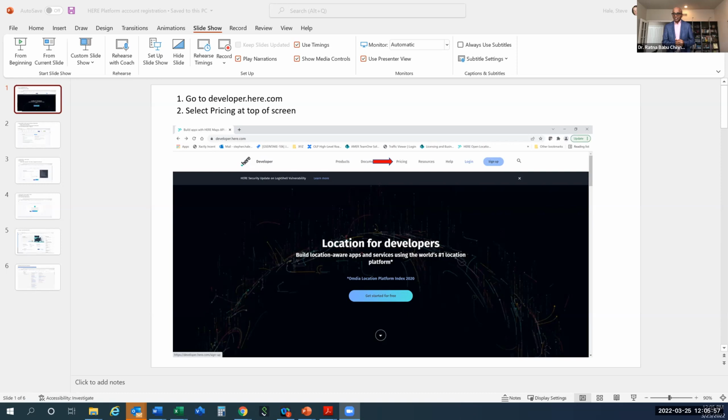Here Technologies is partnering with Wayne State to bring this hackathon to the Wayne State campus. Beyond Here Technologies, we're also partnering with the City of Detroit, as well as SEMCOG, the Southeast Michigan Council of Governments. The idea is to allow our students to get creative, form teams, and take advantage of Here platforms and the data available through the City of Detroit data portal, as well as the SEMCOG data portal,